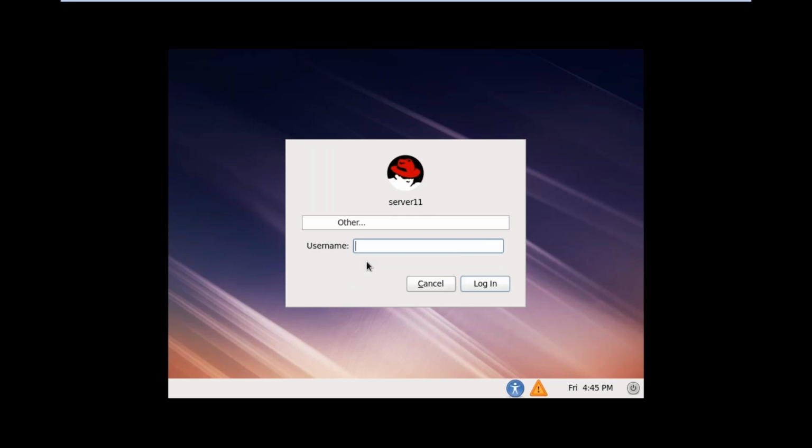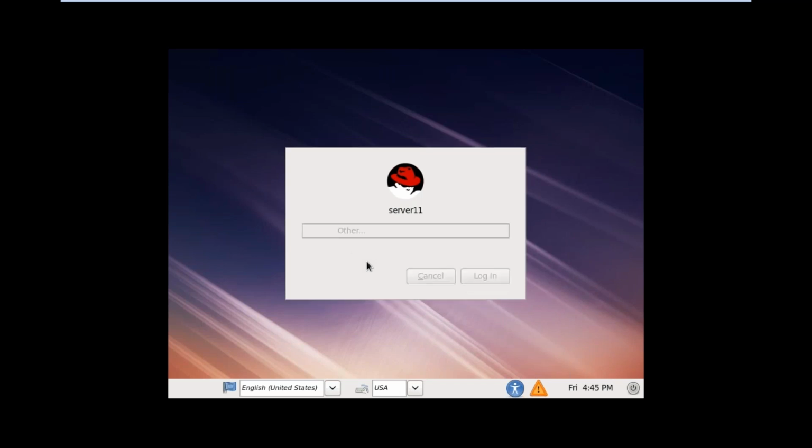Username root, give the password. So log in as the root user, username root, give the password.